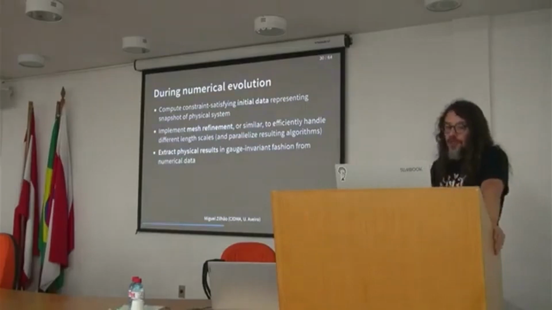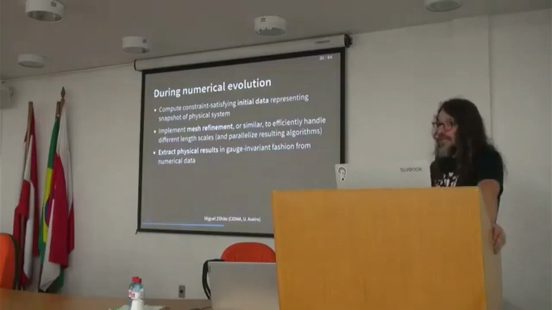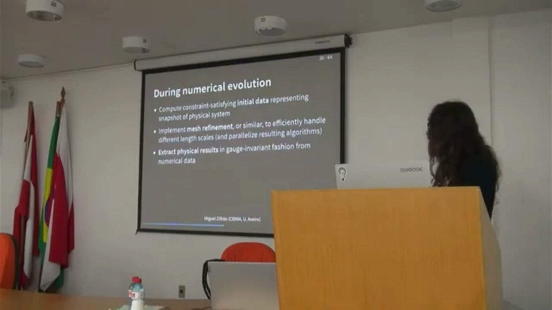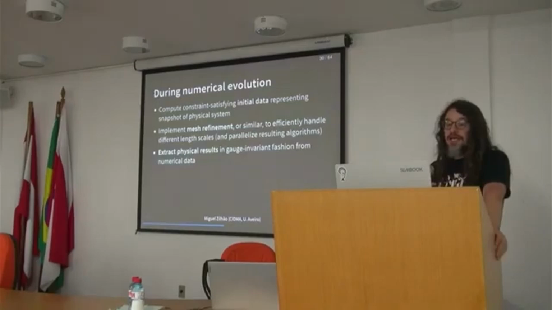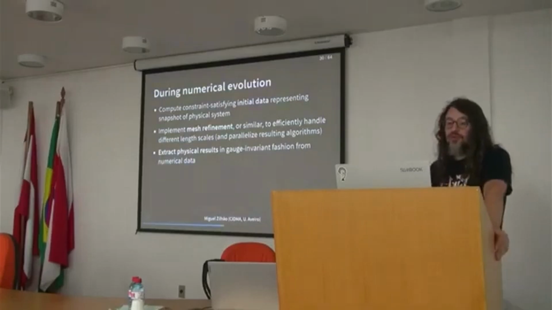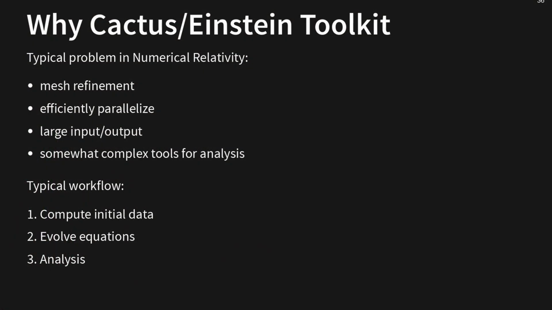In particular, you need to be able to solve for the initial data that you want to be evolving. And this by itself is a task that is non-trivial. Then, in order for you to be able to do the evolutions on your machine, you need an efficient mesh refinement library that allows you to efficiently handle the different length scales that you have in your problem and parallelize the resulting algorithms. And of course, you want to be able to do this in the most efficient way possible. And this is precisely where Cactus or the Einstein Toolkit